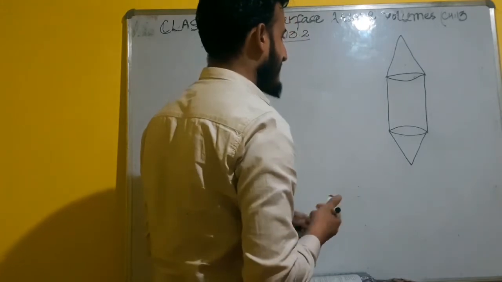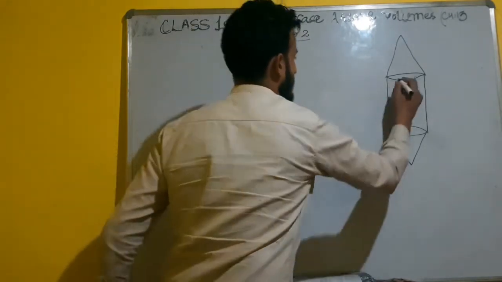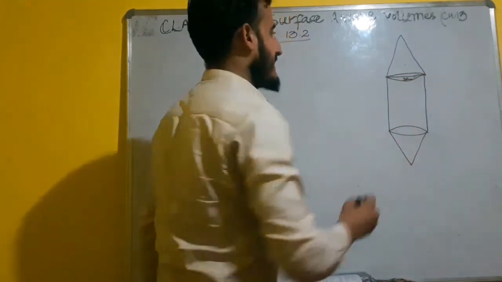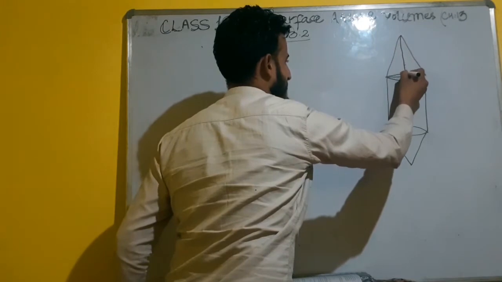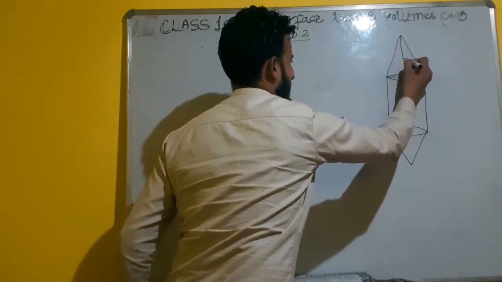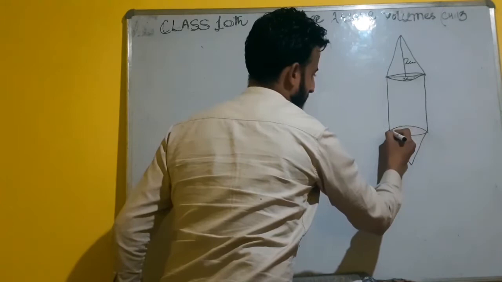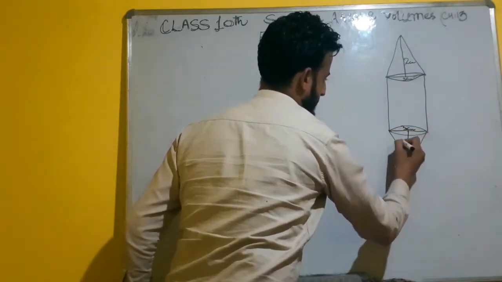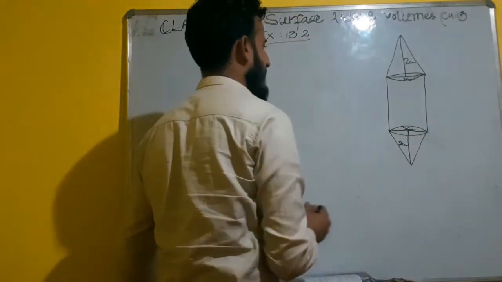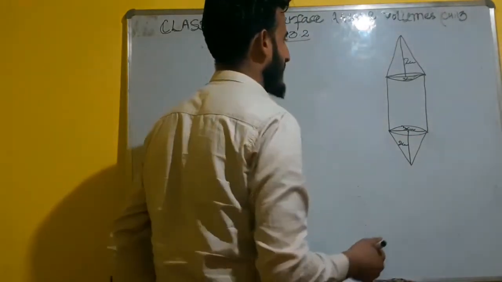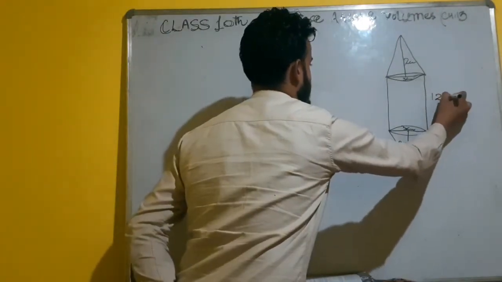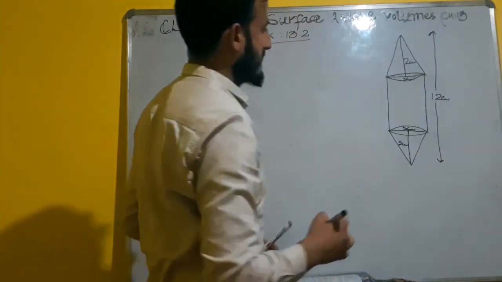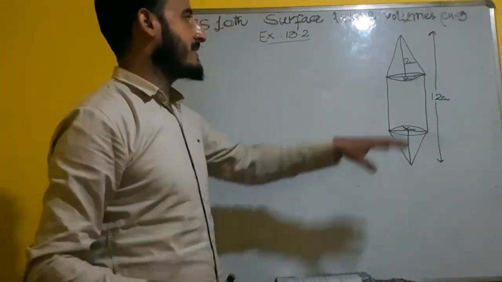Okay, we are given the diameter of the model as 3 centimeter, and the height of one cone is given as 2 centimeter. It means if this is 3 centimeter again here, and this height is then 2 centimeter. Also the total height, or total length of the model, is given as 12 centimeter, like this. So what we need to find is the total volume of this.